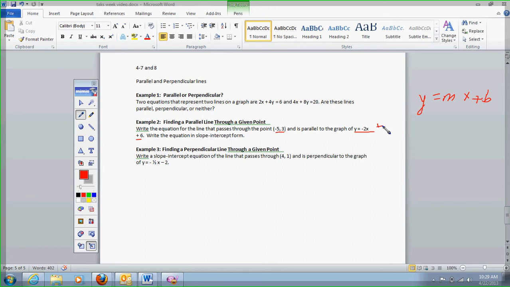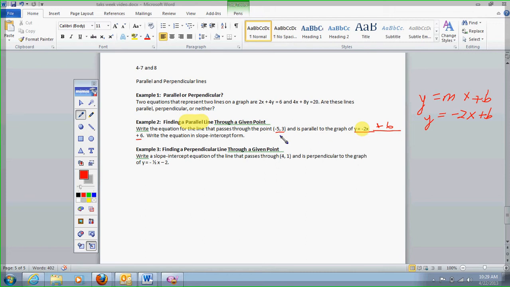And I'm going to write this plus 6 over here so we can see it better. Y equals negative 2x plus 6. I'm not concerned at all about this y-intercept. The only thing that I care about is this. My slope is negative 2. And if it's going to be parallel, that means my slope in my new line, right here, I already know this is going to be y equals negative 2x plus b. I already know that because I'm writing the equation of a line that's parallel to this line. And if it's going to be parallel to this line, it has to have the exact same slope, which is